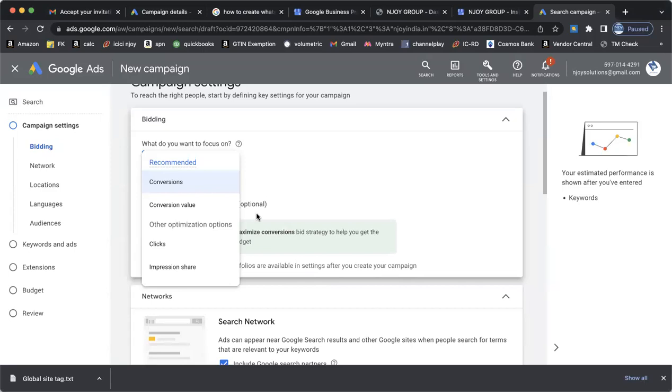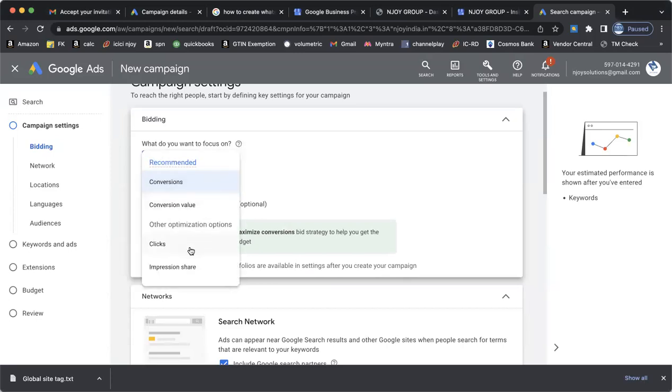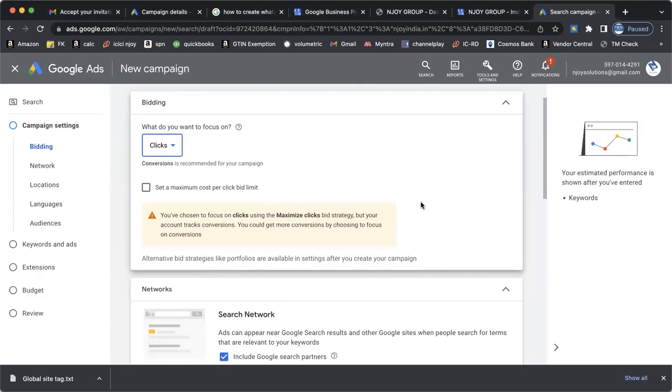ओके, सो अभी आपको किस तरह की बिडिंग स्ट्रेटजीज इंप्लीमेंट करनी चाहिए आप यहाँ पे सेलेक्ट कर सकते हैं। सिंस आपने कन्वर्शंस के ऑप्शंस को सेलेक्ट किया हुआ है, आप यहाँ पे कन्वर्शंस को सेलेक्ट कर सकते हैं, नहीं तो द रिकमेंडेड अदर ऑप्शन इज क्लिक्स। क्लिक कीजिए। तो अभी कन्वर्शन क्लिक पे करें। यहाँ पे आपको दिखाई दे रहा है, यू आर चोजन टू फोकस ऑन क्लिक्स यूजिंग द मैक्सिमाइज क्लिक्स बेस्ट स्ट्रेटजी बट योर अकाउंट ट्रैक्स कन्वर्शन ट्रैकिंग, यानी आपने कन्वर्शन ट्रैकिंग को एक्टिवेट किया हुआ है, इसीलिए आपको ये ऑप्शन इट्स नॉट रिकमेंडेड करके दिखाई दे रहा है। तो बेटर आप वहां पे जा सकते हैं कन्वर्शंस पे।